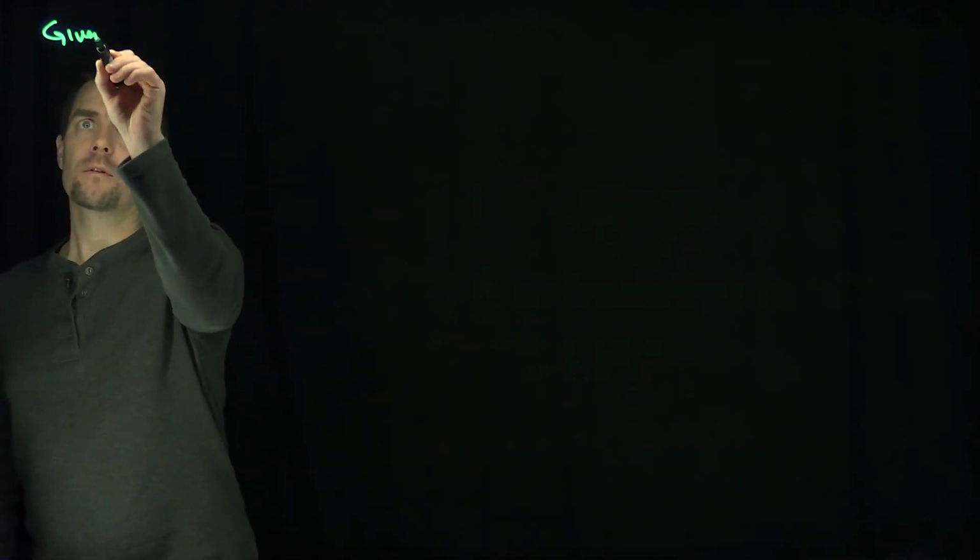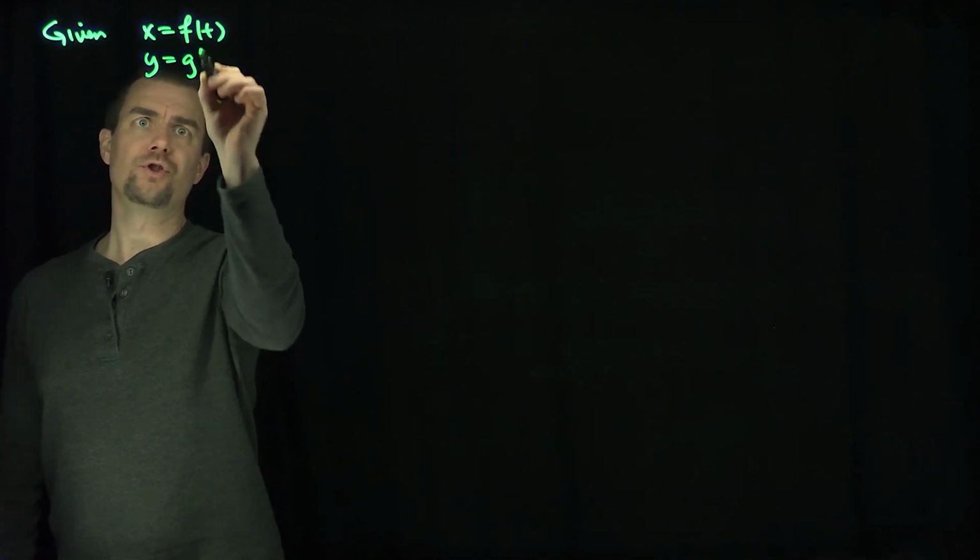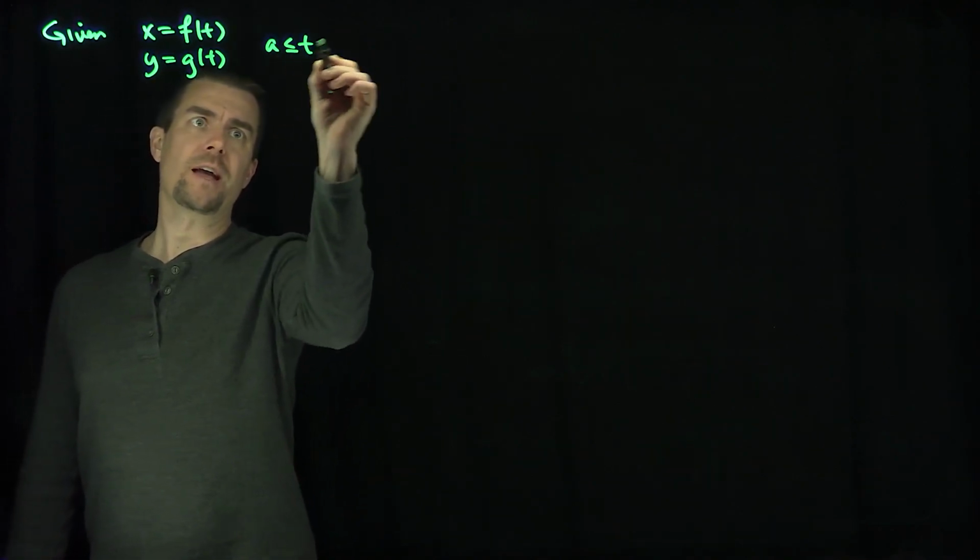Hello students, in this video we'll discuss arc length and surface area of revolution for parametric curves. If we're given a parametric curve, x equals f of t, y equals g of t, for t in a range between a and b,